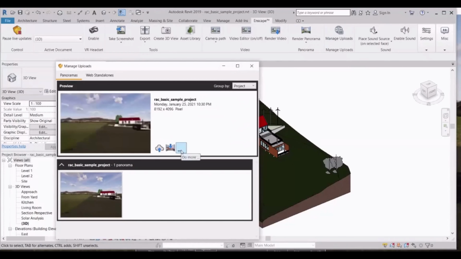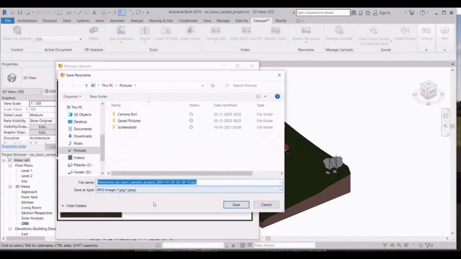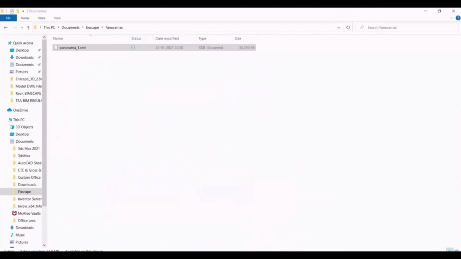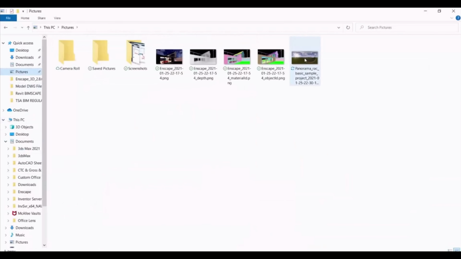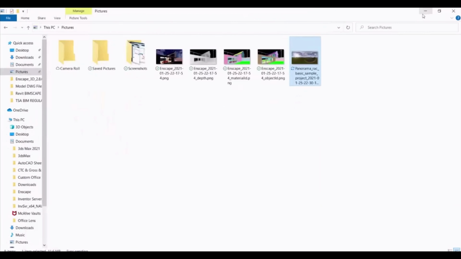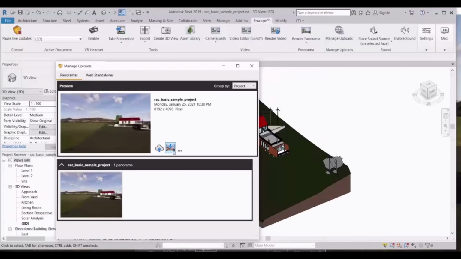You can save the panorama to file. So let's save this here, and we go to pictures. There you got this panorama view, and you can export that.